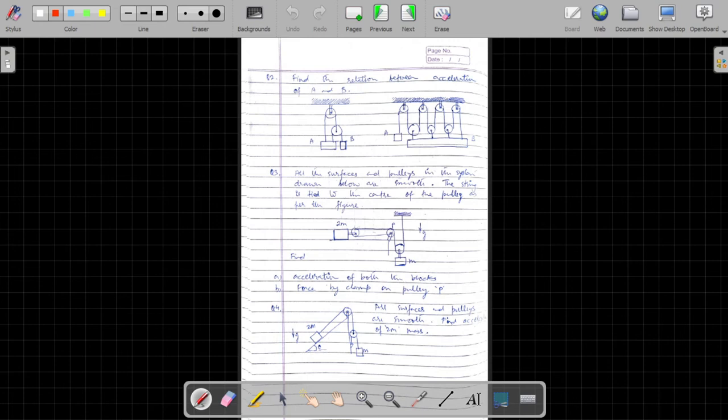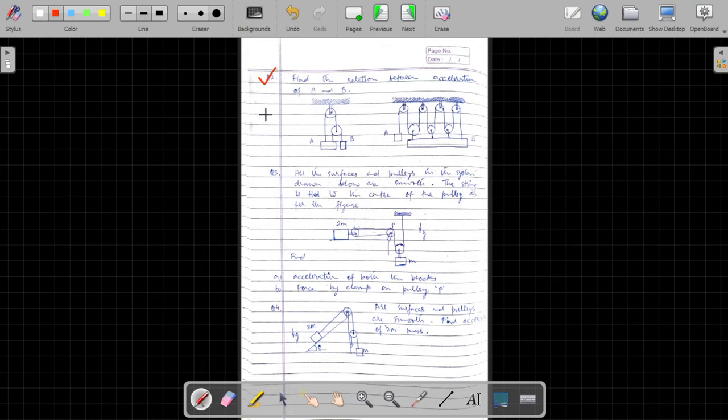Welcome everyone to this video on the chapter of laws of motion. So, in the last video, we were discussing the problems on pulley and block constraints, and how when multiple pulleys are involved, we solve the constraint relations first, and then we move on to the free body diagrams. So, let us do some more questions to get some more hands-on practice.